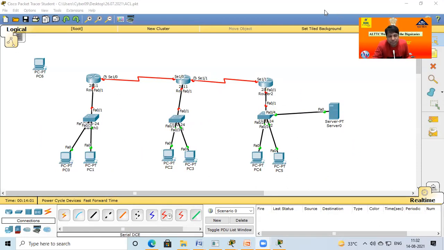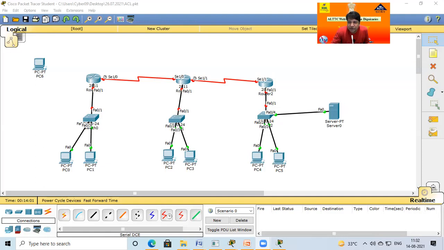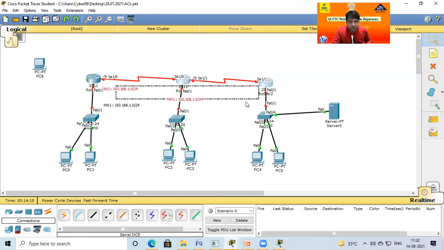You are already aware of this. So here are the 5 networks, and we take 5 network IDs. This is network 1. What is the network ID? 192.168.1.0. In the same manner, I take another: this is network 2, this is network 3, this is network 4, and this is network 5.